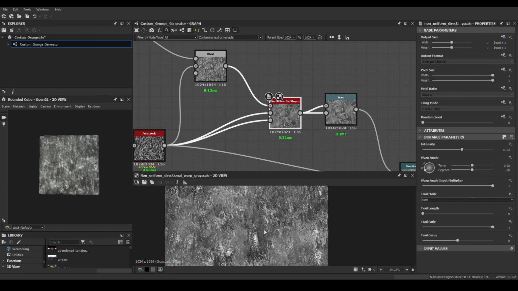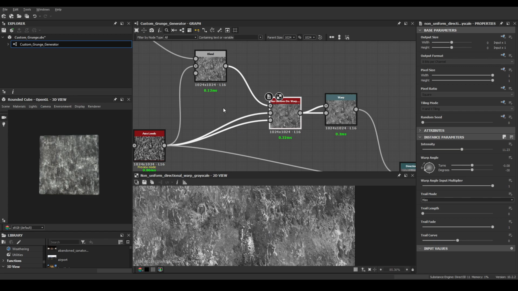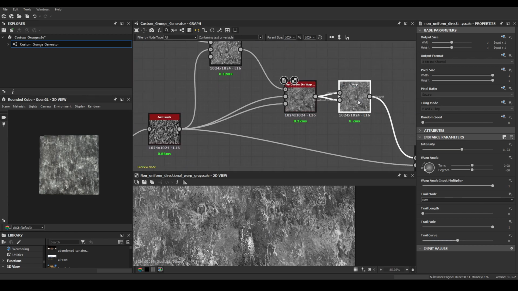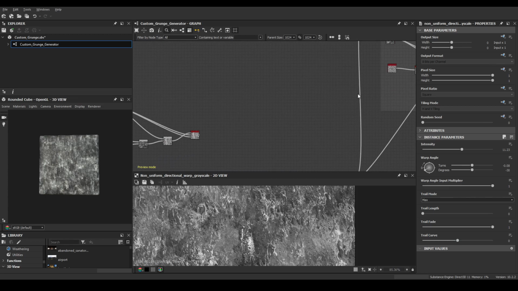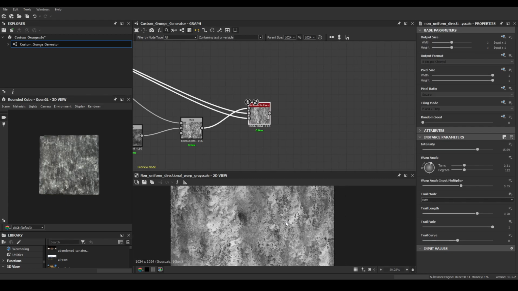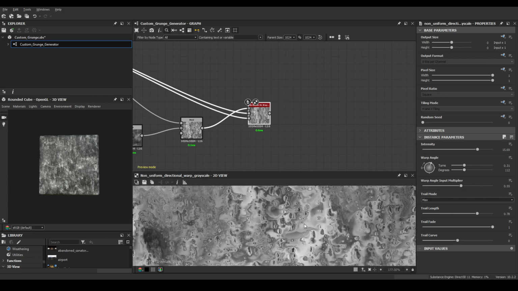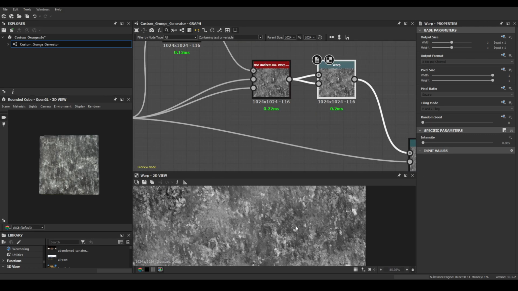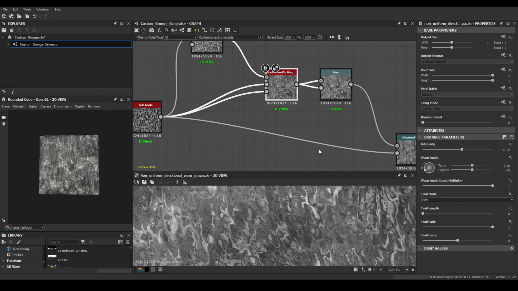So it's obviously different from what we had before, but it's not the same scratches generation. And as long as it looks usable, it looks okay, it looks interesting, I think I like where this is going. Then we can use a warp with a very low value just to break things,